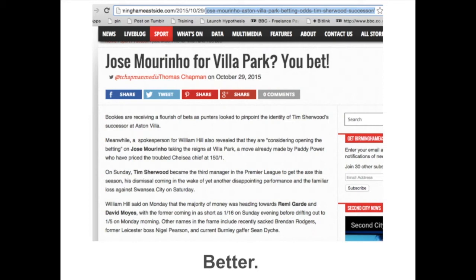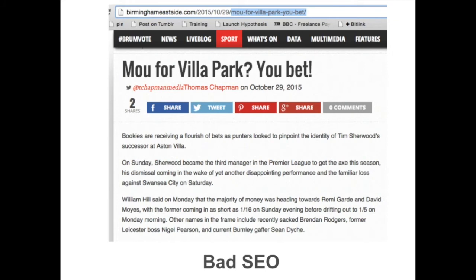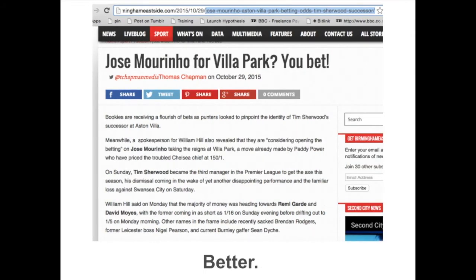Now notice in the article itself that Jose Mourinho is not mentioned in the first paragraph, instead Tim Sherwood is and Aston Villa is. So we might also change that intro to make sure that Jose Mourinho is mentioned there. Now, if we go back to this story, you'll notice that originally Jose Mourinho was not actually named in any of the first 3 paragraphs, whereas one of the changes made here is that we do at least name him in the second, and we make his name bold just to again, kind of emphasize it a little bit more, as well as other names.